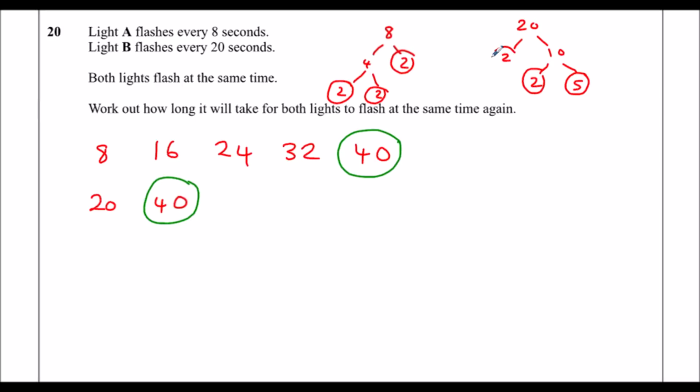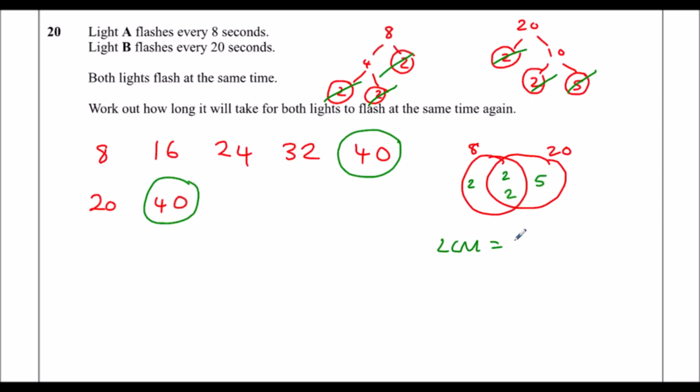And they're all prime. So if we did a quick Venn diagram with 8 and 20, they've both got two 2s inside them. So that's shared by both of them. Then 8 has got another 2, and 20 has got another 5. So the lowest common multiple is 2 times 2 times 2 times 5, which is 8 times 5,